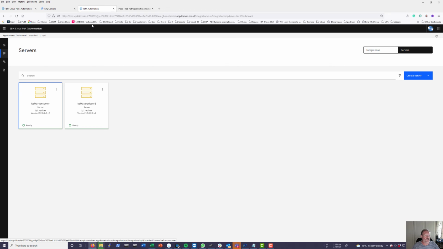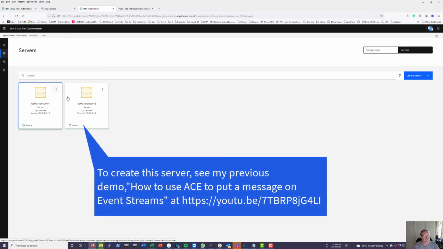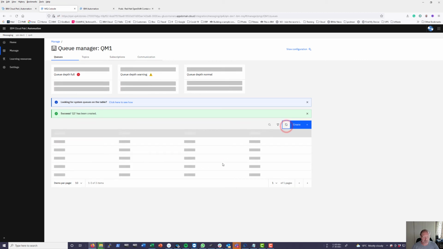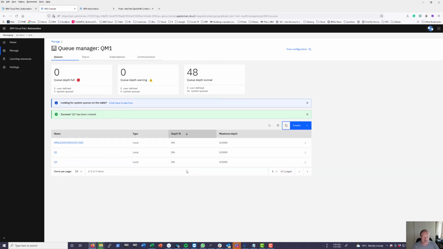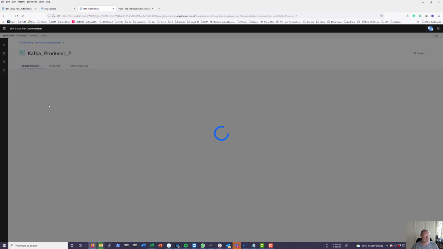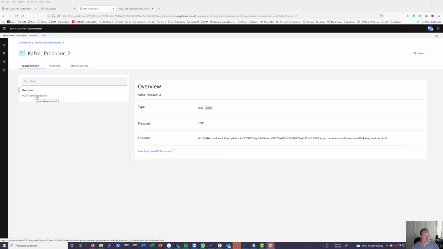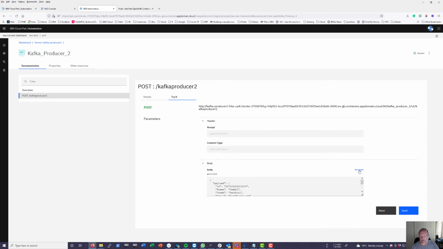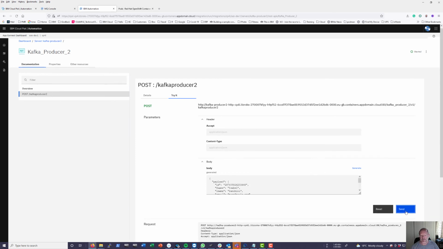Now for this demo to work, you can remember there was only a Kafka consumer in here, so I need the Kafka producer from the previous demo to actually put a message in that environment. Just to make sure, if I go back to my MQ console, I do a refresh here to check if there's any messages in the queues. You'll see the Q2 has got 0 out of 5,000 messages. Then I go to my Kafka producer, click on the API. I've got that post down here, click on it, there's the try it, I generate a message, I send,